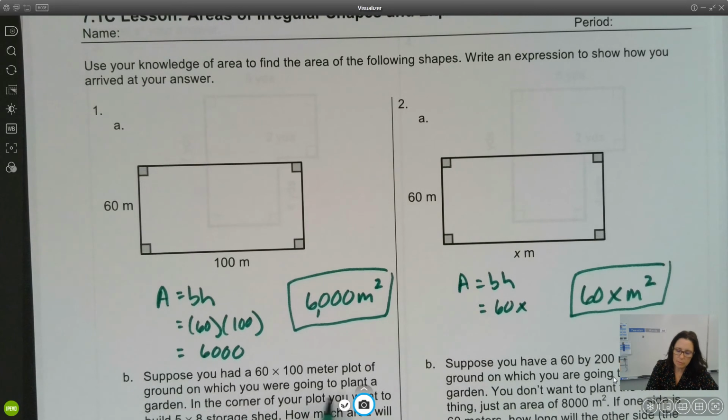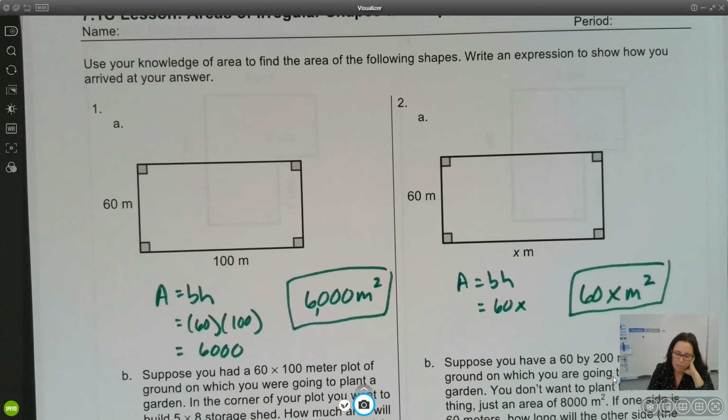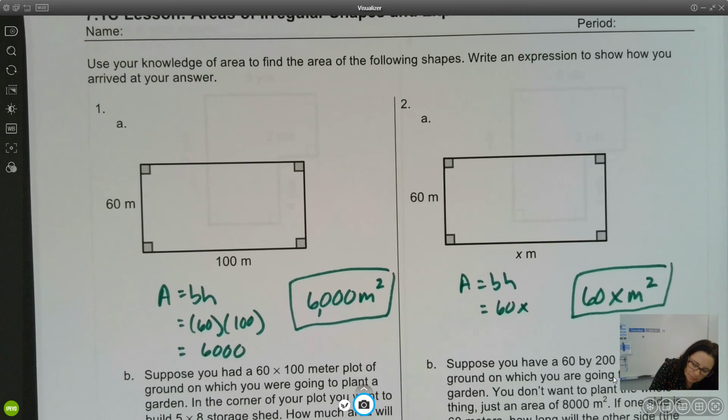Suppose you had a 60 by 100 meter plot of ground on which you were going to plant a garden. In the corner of your plot, you want to build a 5 by 8 storage shed. How much area will be left for your garden? Does it matter which way the storage shed is oriented? All right, so let me just get my head around this. I've got my 100 meter by 60 meter, and I'm going to be cutting out this corner here. That's 8 by 5